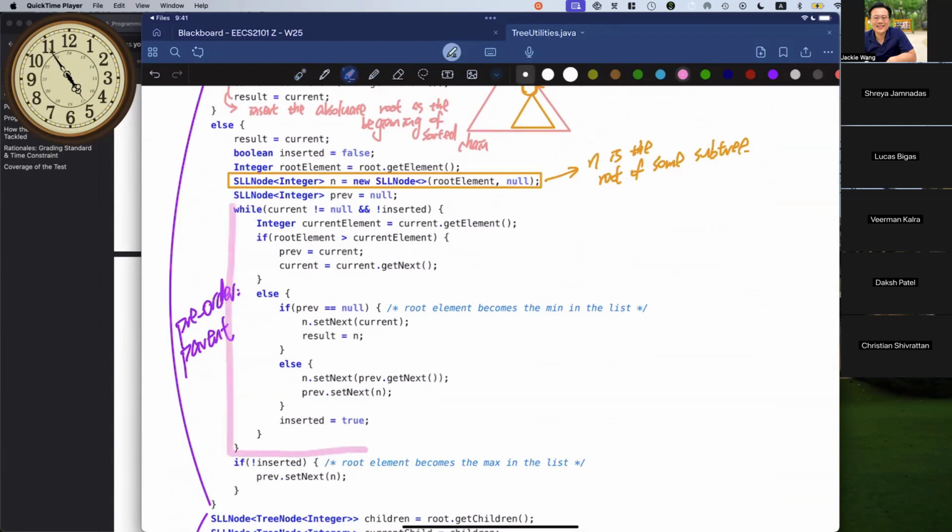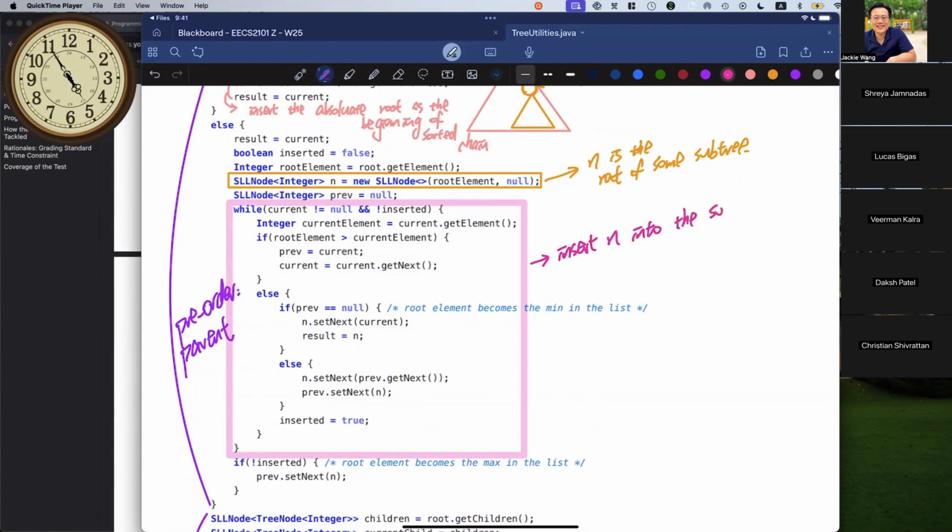So this part over here is to insert n into the sorted chain so that it remains sorted.